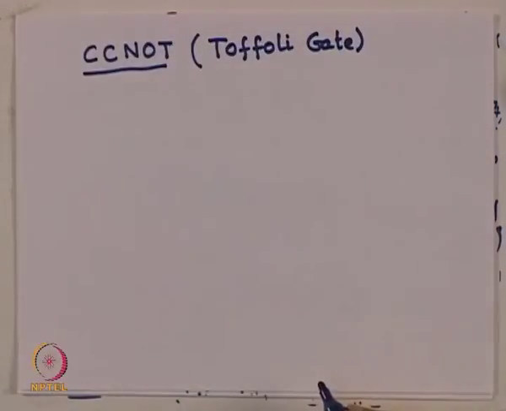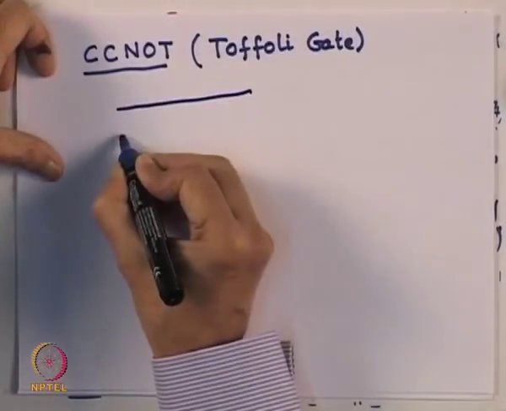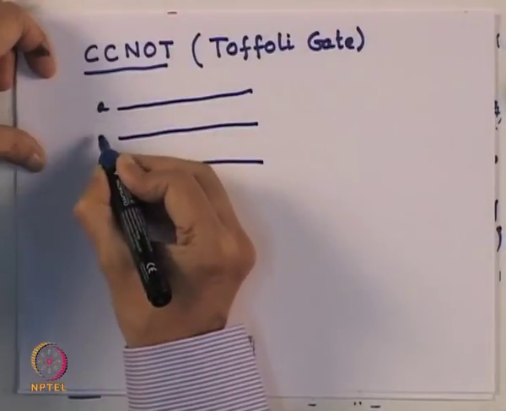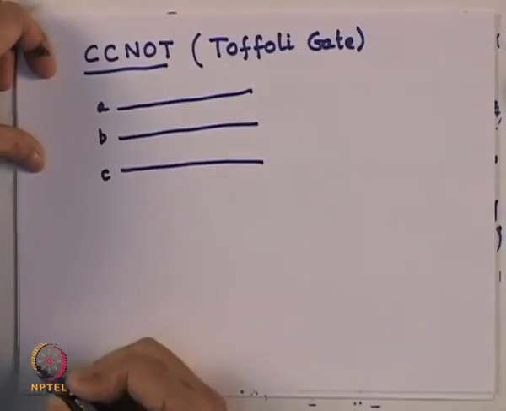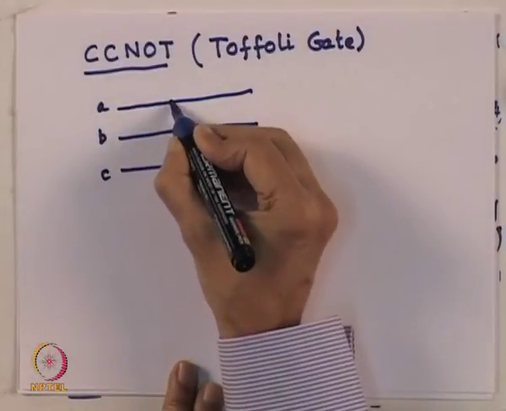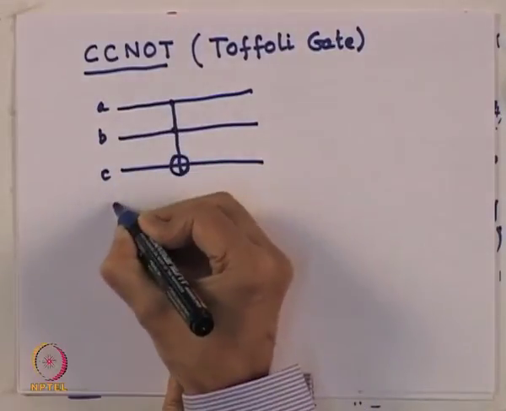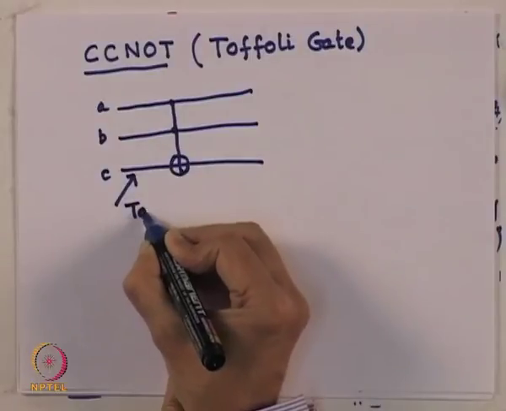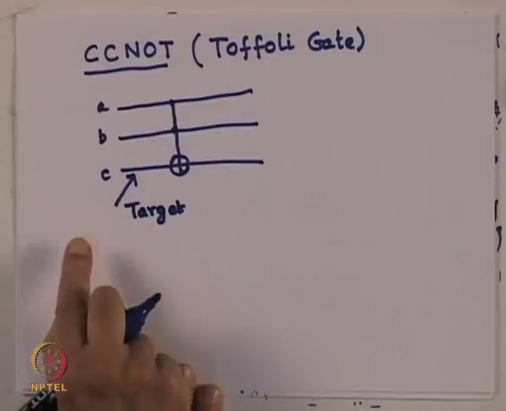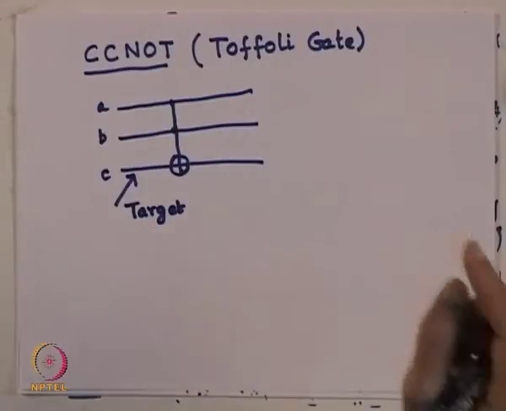The logic for the Toffoli gate is very simple. It has 3 inputs. Let us call them A, B, C. Now, there is a control, a double control in this, and this is my target. Both A and B are controls. The target bit is flipped, that is 0 becomes 1 and 1 becomes 0, if